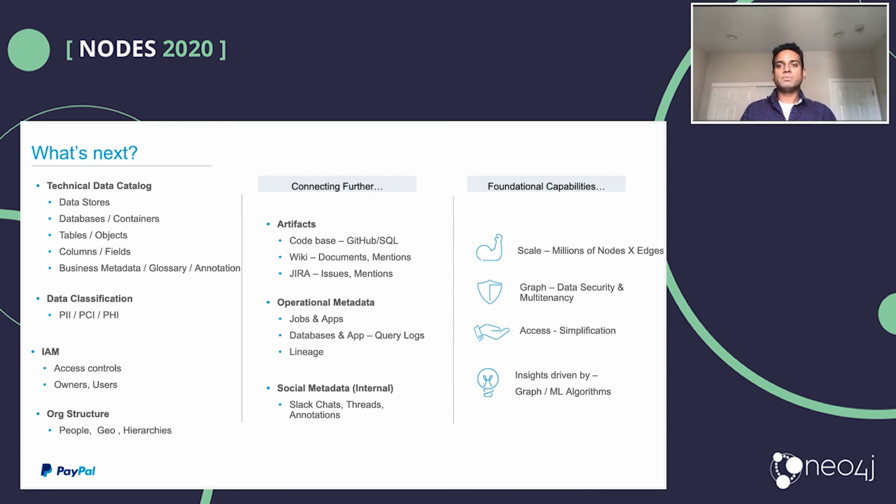And as we do all of this, we do need to realize the potential of Graph and Neo4j, the out-of-the-box capabilities that it offers. So we have to start in parallel deriving insights by running graph algorithms, ML algorithms on top of it to make sure that we are drawing intangible insights that are usually not easily seeable when we look at the graph. So these are going to be some of the aspects in terms of connecting all the data together while continuing to focus on the foundational capabilities. With that being said, I would hand over to Vladimir for the closing comments. Over to you, Vladimir. Thank you.